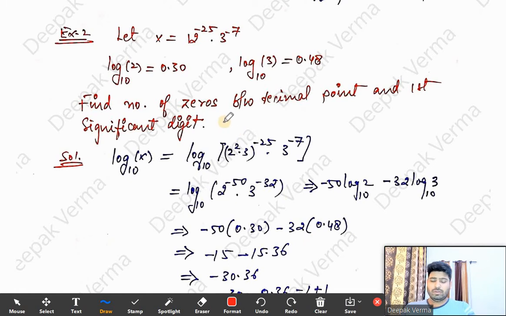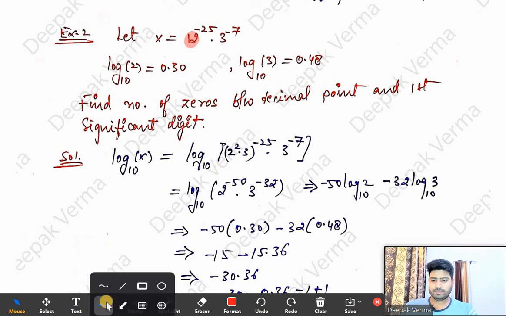So first of all we will have to find the characteristic of this number. One way is to calculate it yourself without using log, if it is possible, you can do it. I will use log here. So we have log x equal to this. Take log on both sides with base 10 and do prime factors of this. Got it? Then 12 can be written as 4 into 3, which means 2 square.